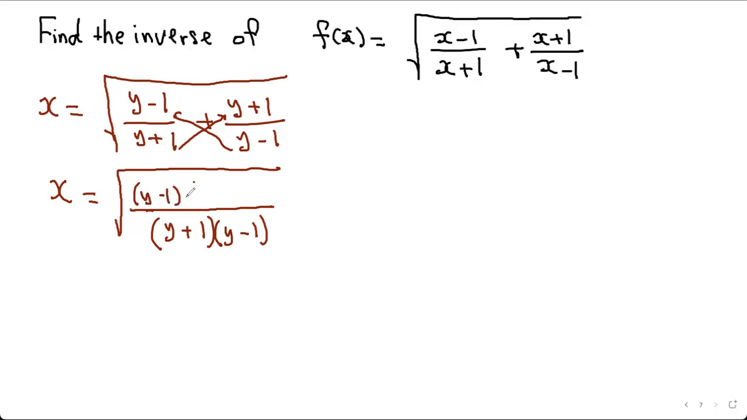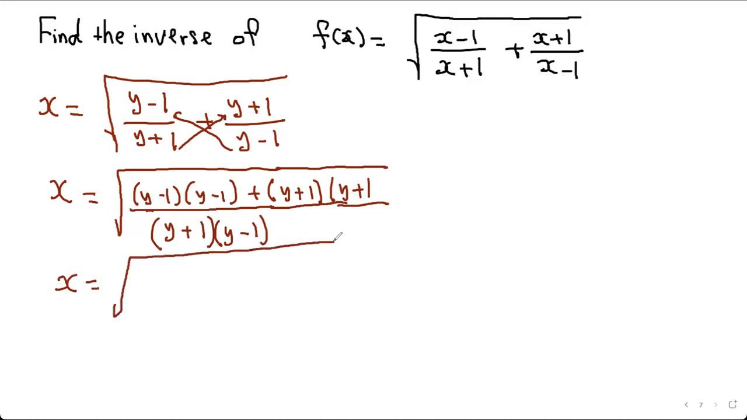That's y minus 1 times y minus 1, plus y plus 1 times y plus 1. Let's just extend that square root a little bit further, which gives me x equals. You could FOIL this or just use the shortcut, whatever you want to do. When you FOIL this, you're going to get y squared minus 2y plus 1. And when you FOIL this right here, you're going to get plus y squared plus 2y plus 1,